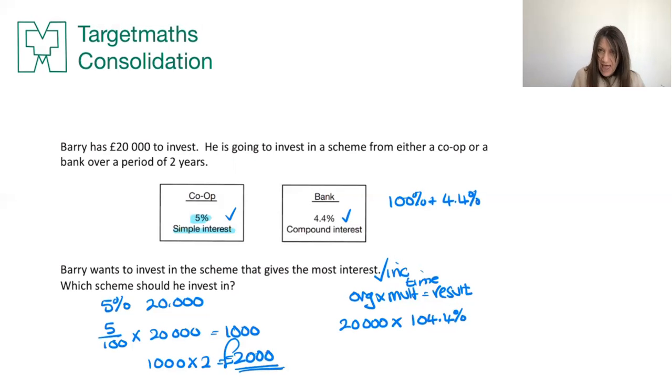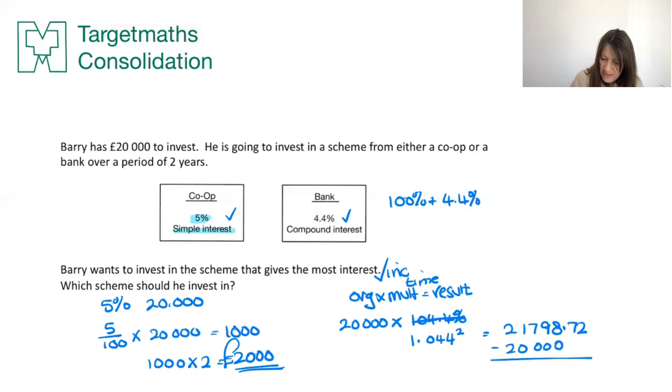And that there is the most common error. Okay, I'll get rid of the percent. The most common error is for you to just transfer straight down that number, which we mustn't do, okay, because it's percent. So you must be remembering to move that decimal point for me. That's to the power of 2. And you get this answer of 21,798.72. Okay, if you take off your 20,000, not that you really need to, I think you can already see